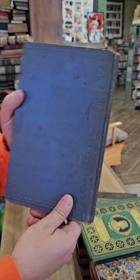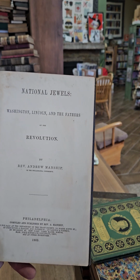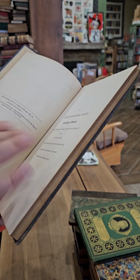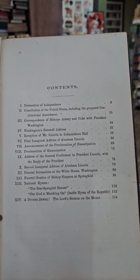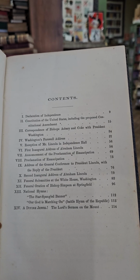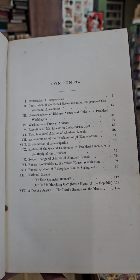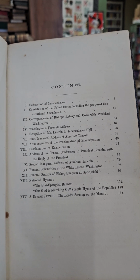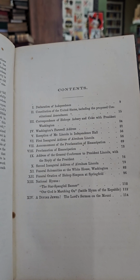Up next, I think this one's American history related. National Jewels, Washington, Lincoln, and the Fathers of the Revolution by Reverend Andrew Manship, 1865. Let's see, I'll show you the contents pages there. What do we got? The Declaration of Independence, the U.S. Constitution, correspondence of Bishops Ashbury and Coke with President Washington, George Washington's farewell address, reception of Mr. Lincoln in Independence Hall, the first inauguration address of Abe Lincoln, announcement of the Proclamation of Emancipation, the Proclamation of